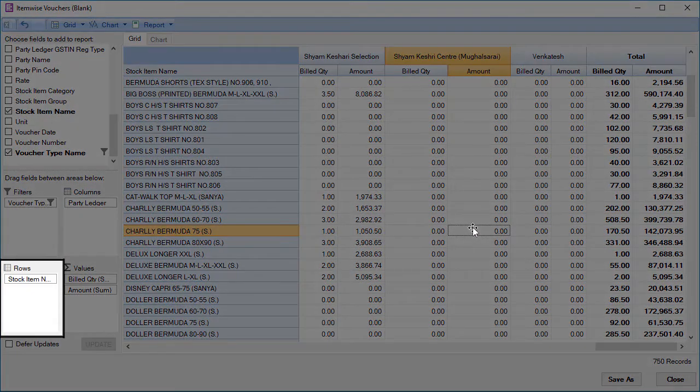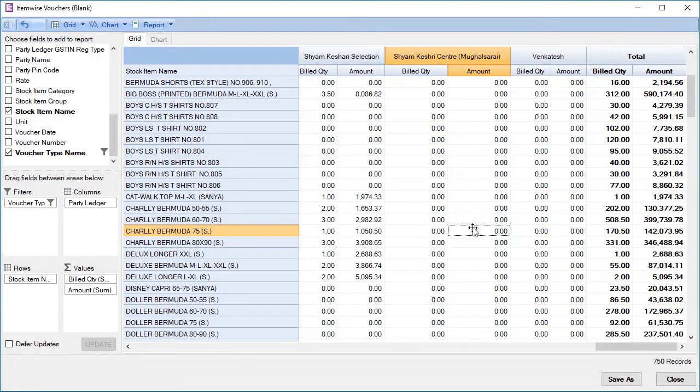Rows area. You can put those fields in the rows area for whose each value will be shown in separate rows. This will expand the report vertically.